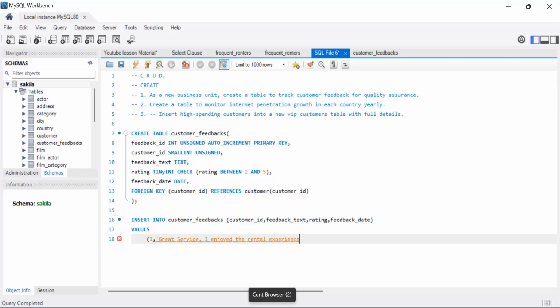You can just put anything. This is just the rental experience. Close it, string, comma. Now, the next one, let's say rating, I'll give it 5. The date, 2025, that's, let's say, 06, 03, close parenthesis,